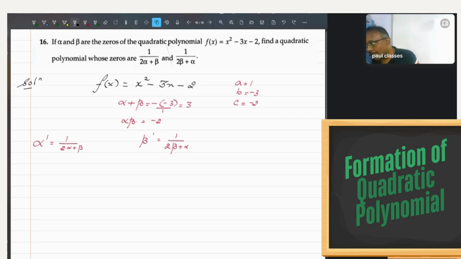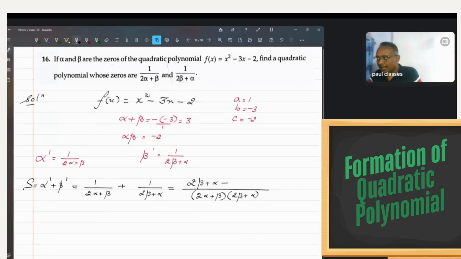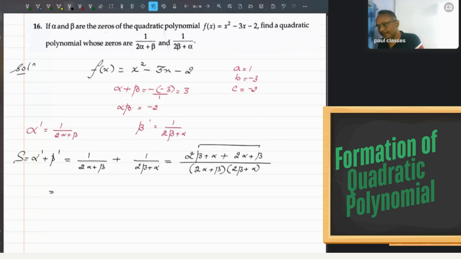What is the sum of the new quadratic polynomial? अल्फा डैश बीटा डैश का सम चाहिए मुझे. What is अल्फा डैश? प्लस. What is the LCM here? 2 alpha बीटा 2 बीटा प्लस अल्फा, ये यहाँ पे क्रॉस मल्टीप्लाई होगा, क्या होगा 2 बीटा प्लस अल्फा, ये यहाँ पे क्रॉस मल्टीप्लाई होगा 3 अल्फा प्लस 3 बीटा,